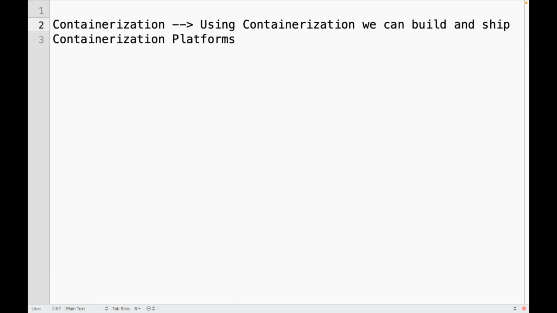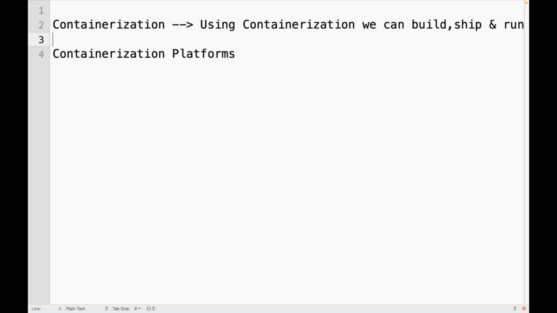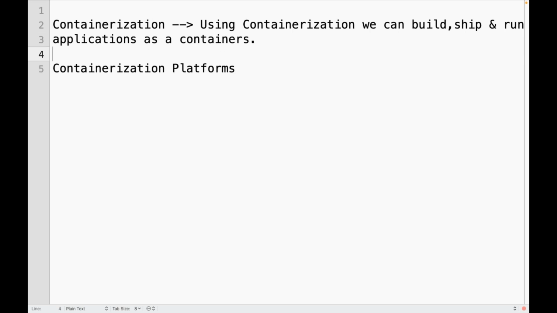We can build, ship, and run applications as containers. We can containerize our applications. We can build and ship our application as containers.